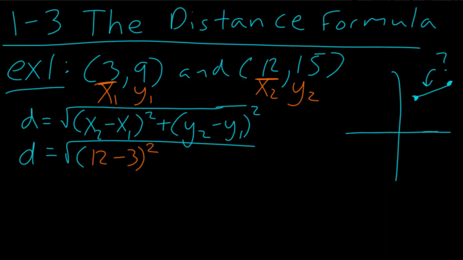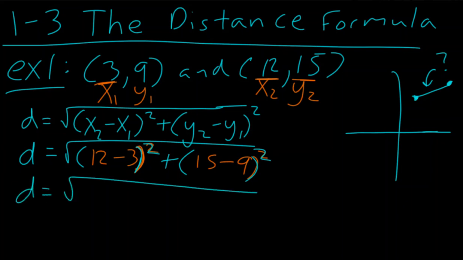Okay, and let me actually try and keep that in this turquoise or teal color here, plus parentheses. And now let's go ahead and look at our y values. We see y2 is 15 minus y1, which is 9. And of course, I really do want to try and keep that in teal, so there we go. So, as I go through this,